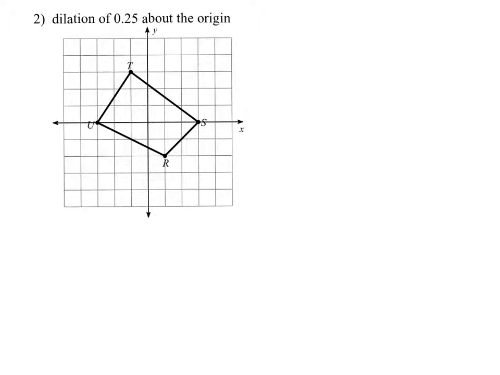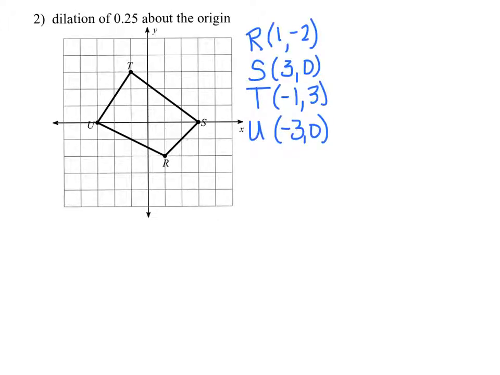So let's see, we have these coordinates, R, S, T, and U. And so what we need to do is multiply each part by our scale factor, which is 0.25. So we'd have to multiply by 0.25. Or if you'd rather work with fractions, then it would be 1/4. It's up to you. Okay, so what we end up with